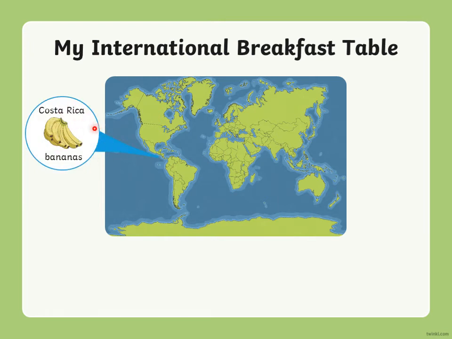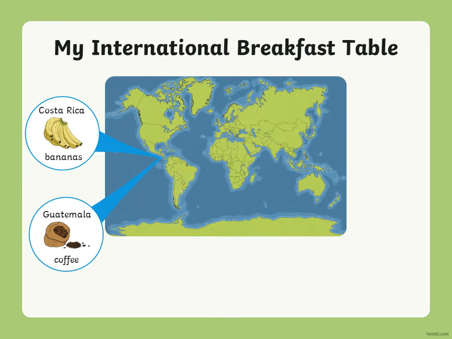So some bananas come from Costa Rica. So we've got Costa Rica over here, Central America, and they grow bananas there. Let's have a look. We have got Guatemala, and in Guatemala, another country in Central America, they grow coffee beans. There's a lot of coffee actually that is grown in this region. There's other countries like Nicaragua, and coffee is also grown quite a lot in South America as well in this